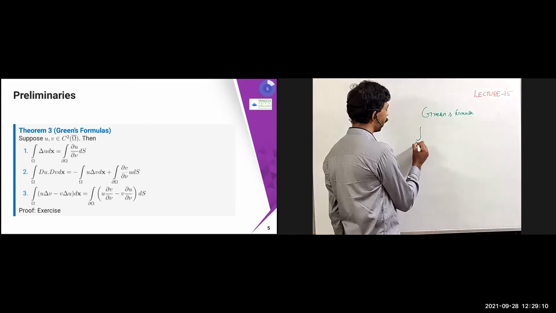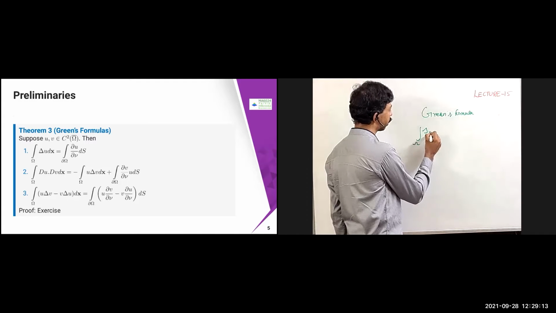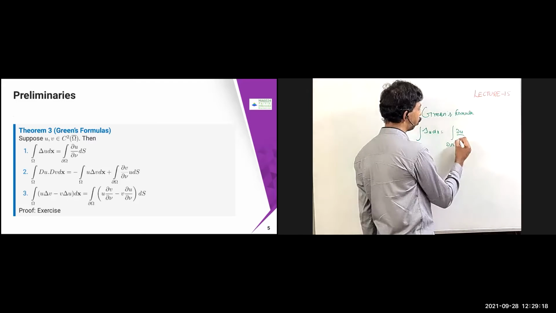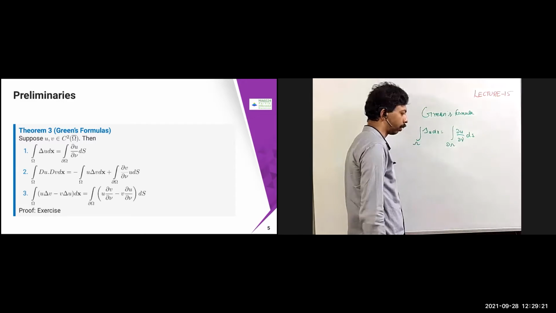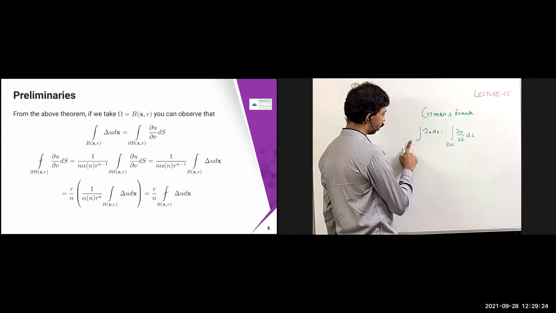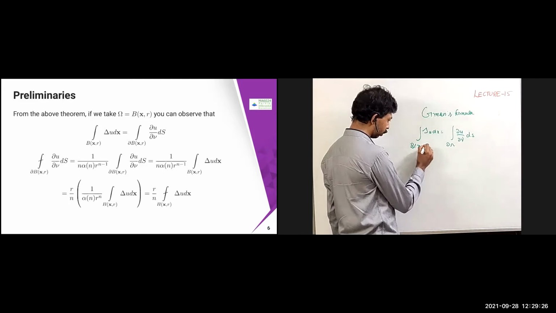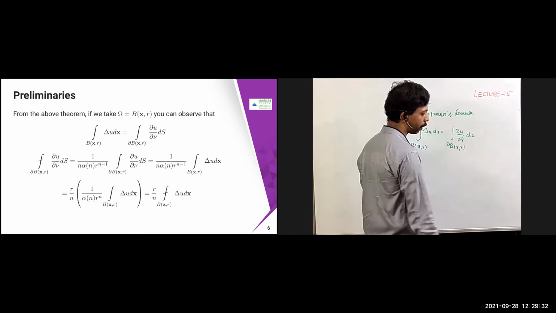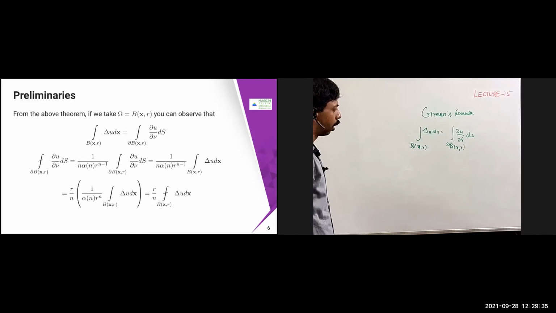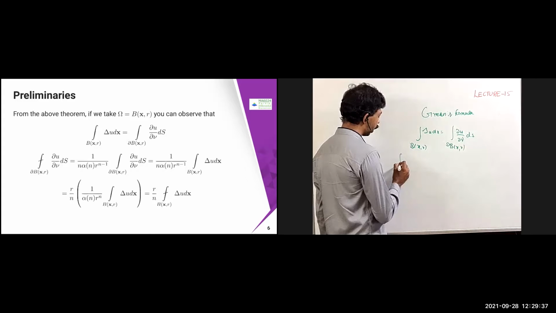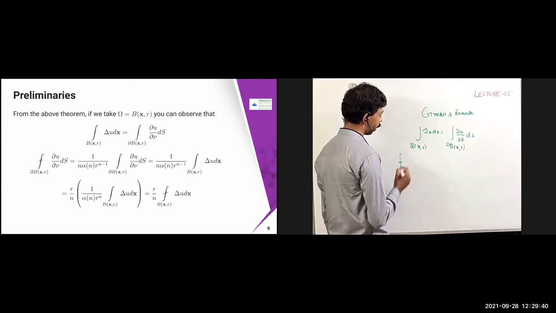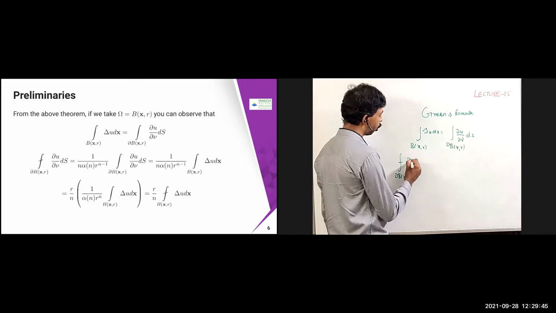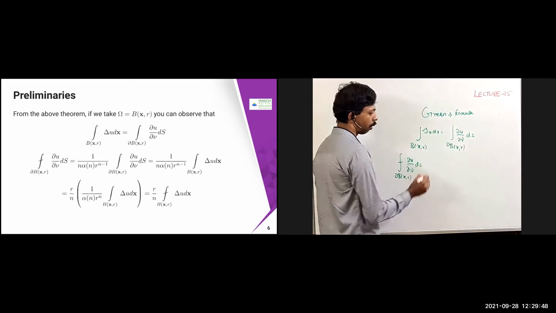integral over omega del u dx equals integral over dou omega dou u by dou nu ds. What I'm going to do, in the place of omega, I'm replacing with B of x comma r. Then this is going to become dou B of x comma r. That's all. Nothing much. Now what I'm going to calculate, I'm just going to put a bar here and check what is going to be there. So dou B of x comma r average integral I'm going to take of dou u by dou nu ds.